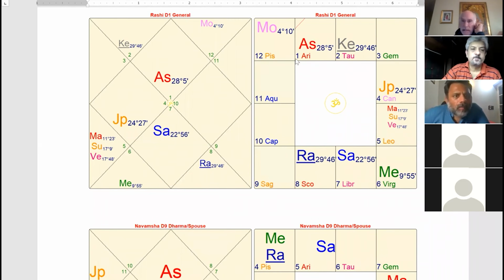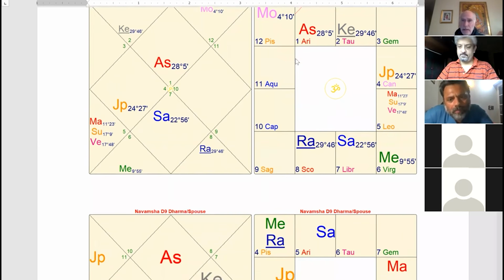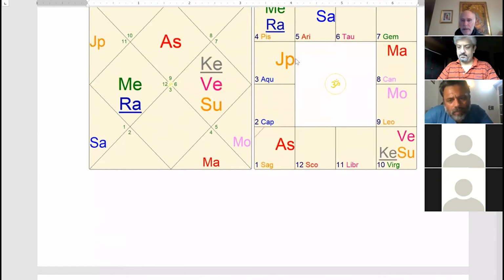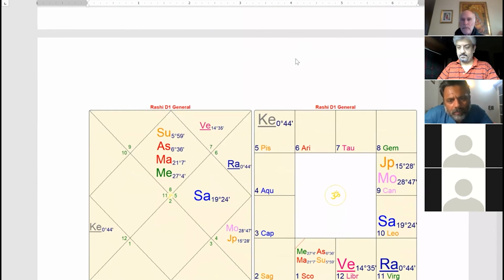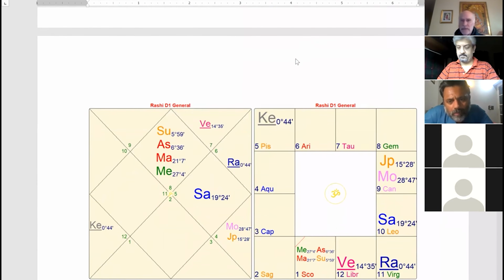And it was after observing such planets that I wrote that article some of you have seen called the Icarus Factor, where I bring in the idea that when a planet gets so close to the sun like this, rather than being burnt or combust, it actually sort of becomes something of a powerhouse. It's a principle that's referred to in Arabian astrology as Kazemi. And I've found really good evidence for this, and gave a bunch of examples in that article. And now here you see this, and this would support that idea as well. Okay, going on here. Venus is the seventh lord of that chart. She has an exceptional husband.